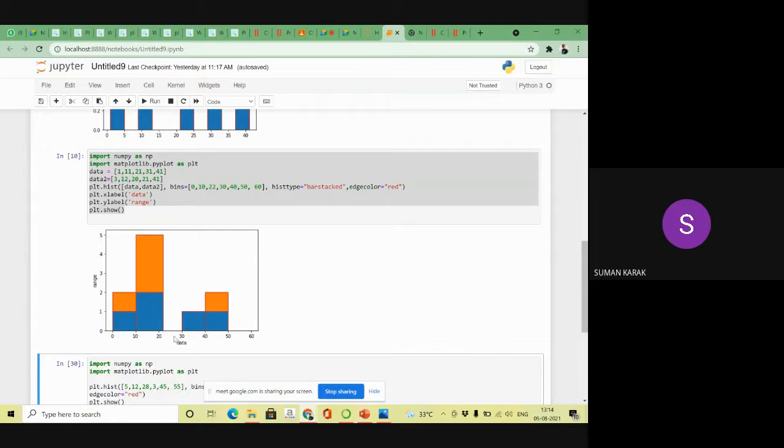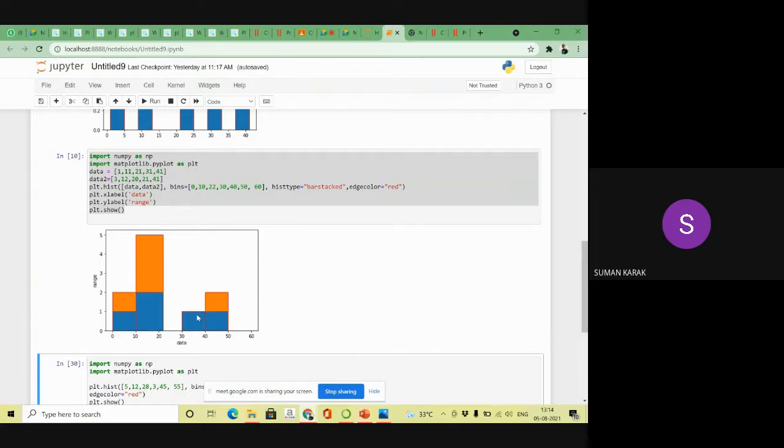Then between 10 to 20, for data 1 only two values are there, and for data 2 three values are there. So it will be represented this way. Between 22 to 30, for the first no value is there, that's why it will be showing blank.